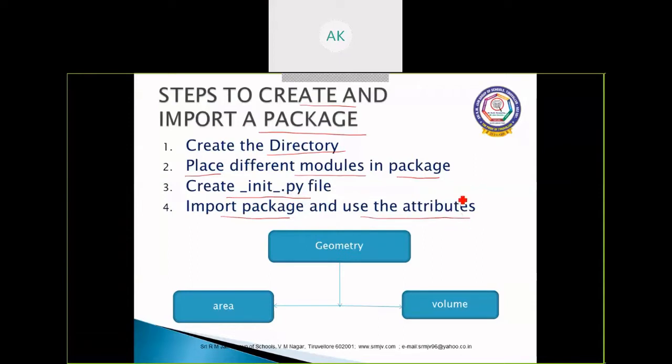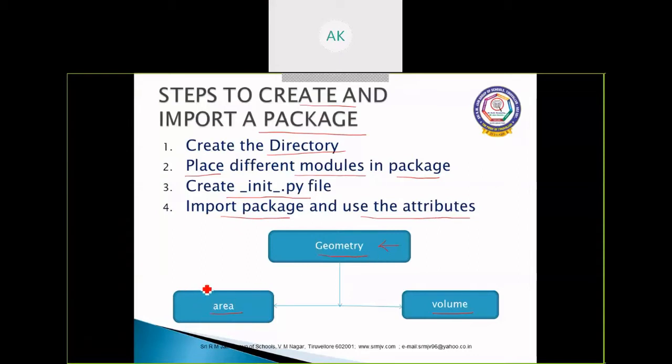Now we are going to create a package, or directory, called geometry, and we are going to place different modules in it: area and volume.